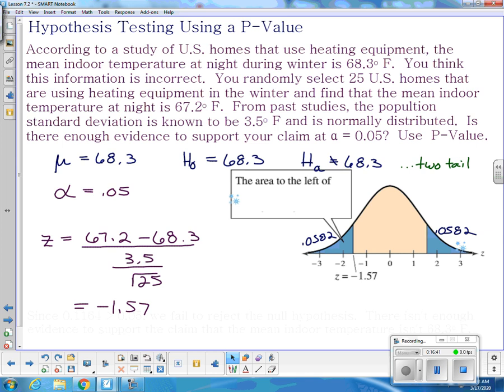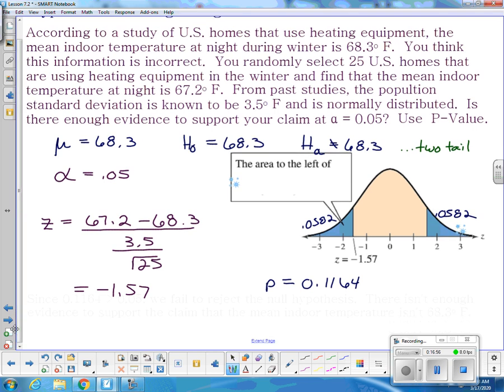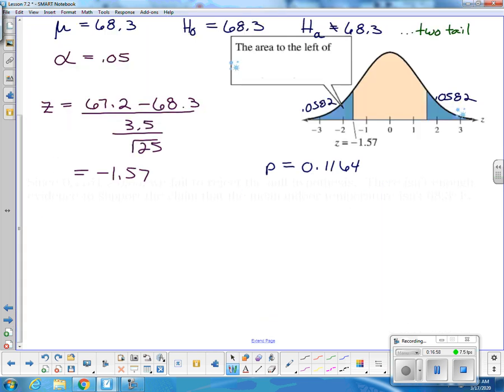So if I combine those, my p-value equals 0.1164. Pretty big p-value. All right, so what does that mean? Our p-value is greater than our alpha, because this is greater than 0.05. Since it's greater than, we are going to,